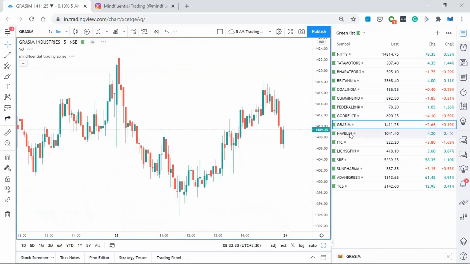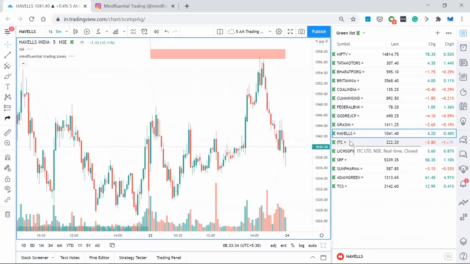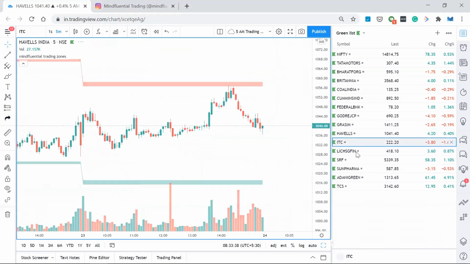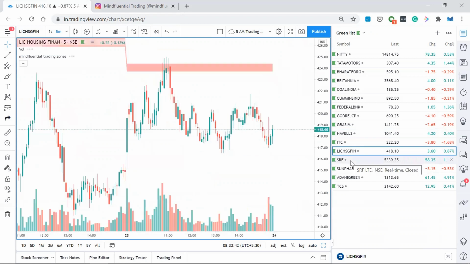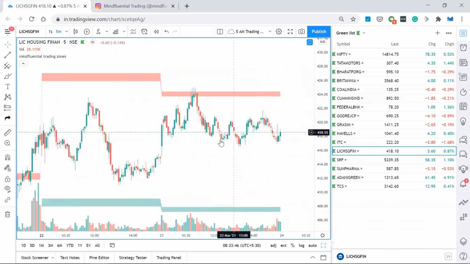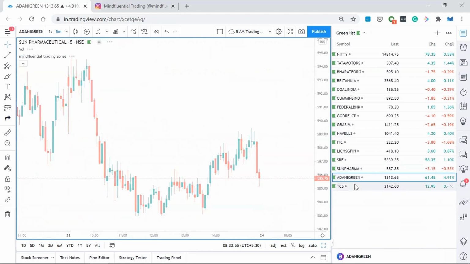There would be many stocks if you identify properly. There could be stocks like this. Every day we will find the stocks. Sometimes when we get time, we will update it on our Discord community. But if you have these stocks ready with you, you can check for yourself. You can select any particular stock, go back and backtest how well it's working. If it's not touching the zones, then actually it won't work. Once it touches the zones, it will work. So like this, you can go back and check.